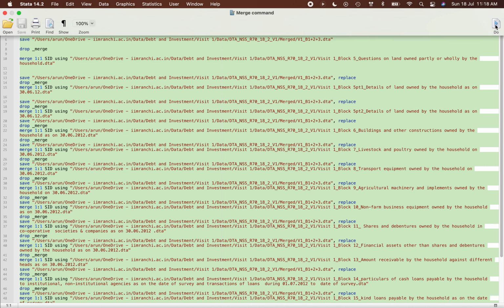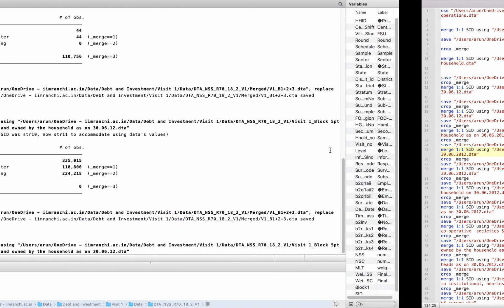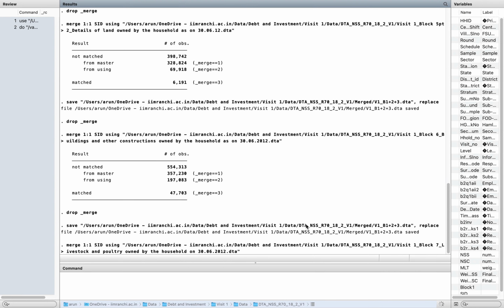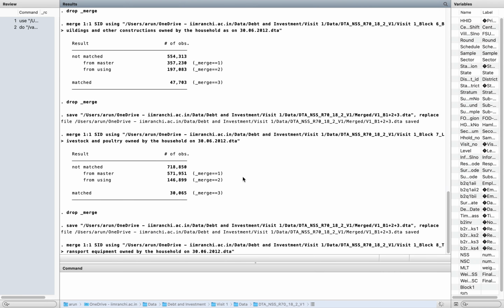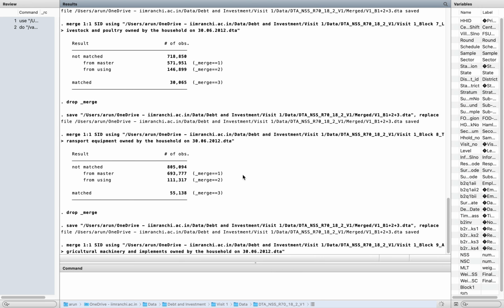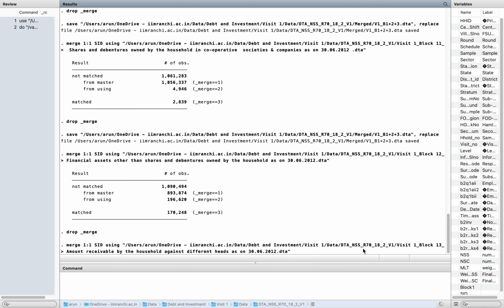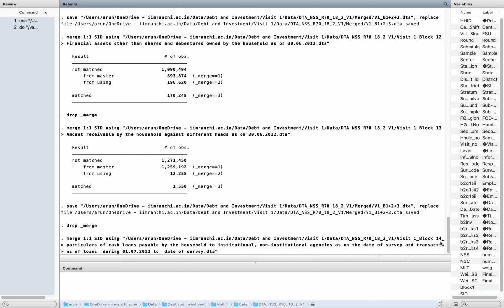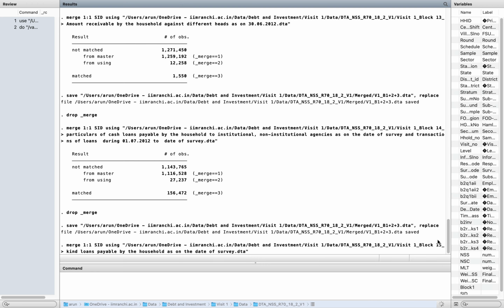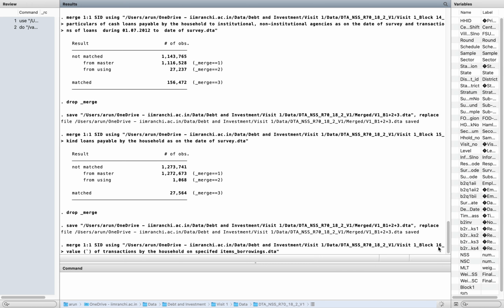I'm just running it. I clicked on do. Now the commands are running. Just see, all this is going on. It will take some time because so many blocks are there, so it is merging one by one. See here, the process is going on. Now block 13 is going on, block 14, 15, 16.